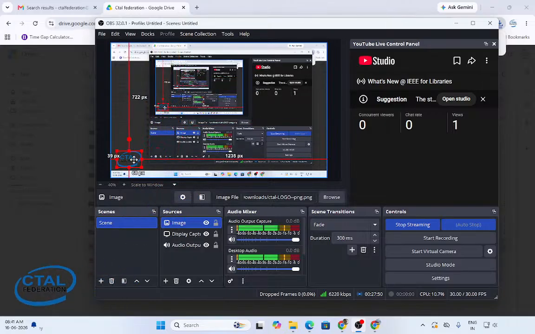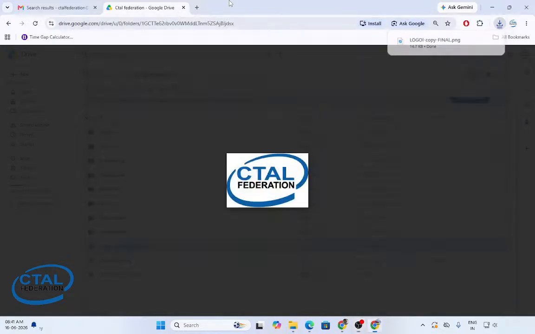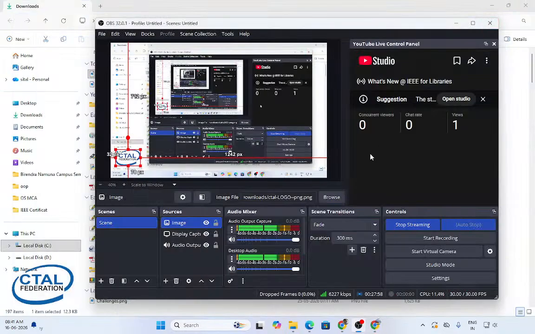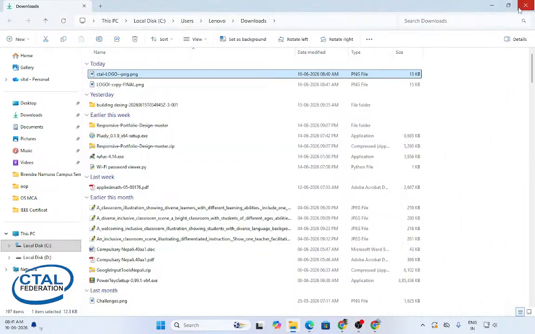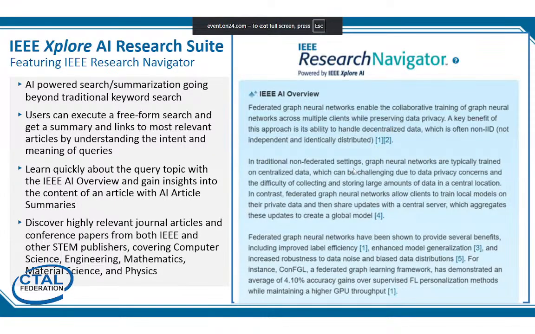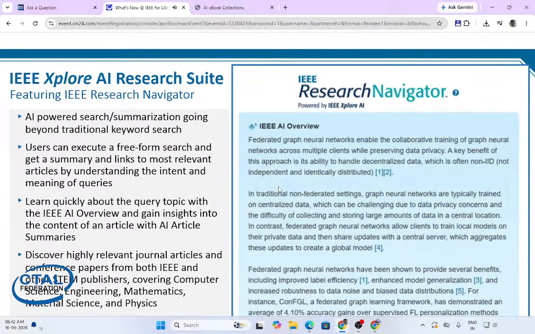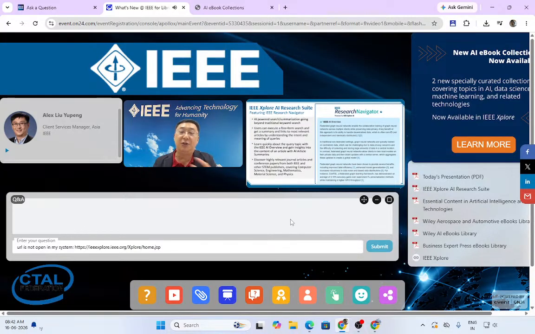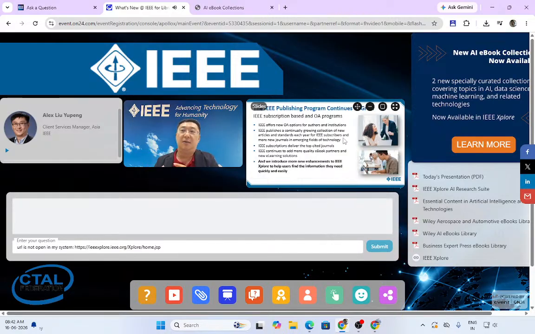The next question, can you share with us about the support for OA journals with institutions? Sure. Let me bring in this slide. IEEE has been working with institutions to provide, at the institutional level, an open access publishing agreement, which means you will get something like a package that saves individual researchers article processing charges.